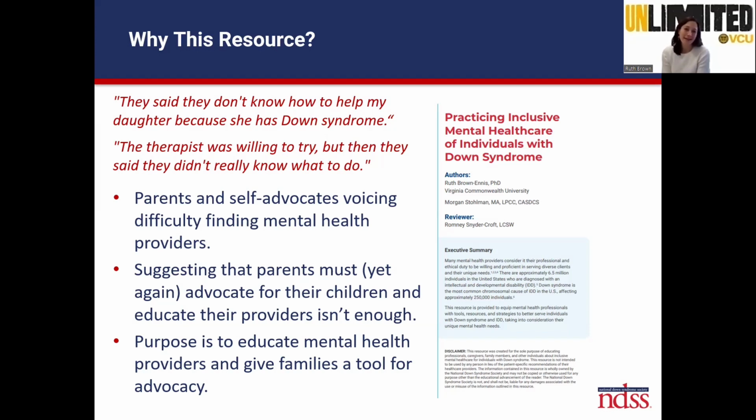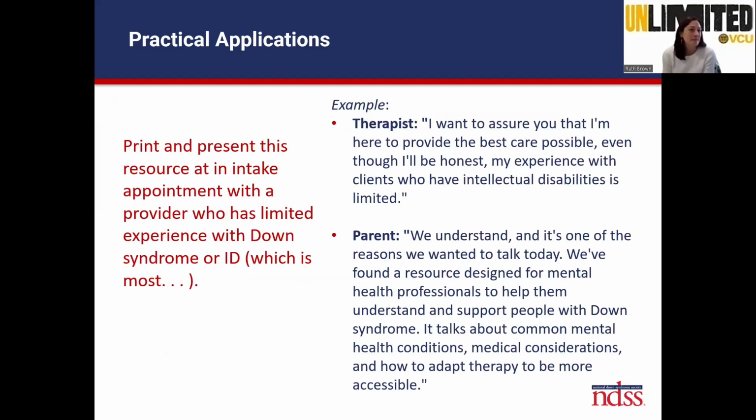They just need to make some little tweaks to their practice in order to be more accommodating and inclusive. And so that was where the idea came from. I was so excited to be able to work with you and the National Down Syndrome Society to put this guide together. So in thinking about how I'm hoping this might be used,